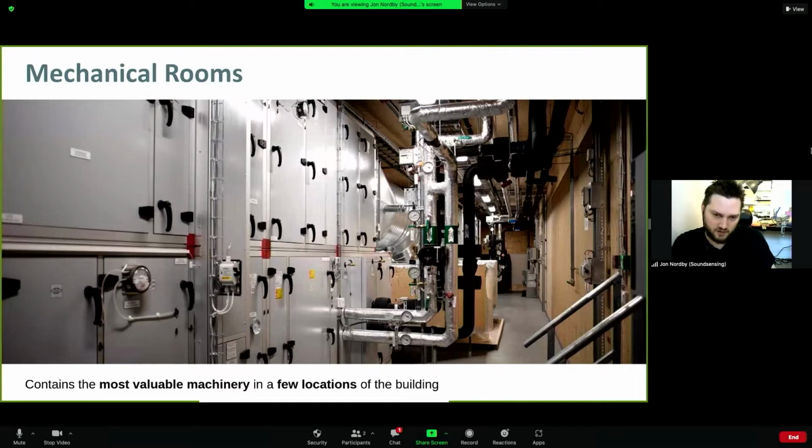And we focus on the equipment that's centered in what's called mechanical rooms. So in a modern building, a lot of the equipment that make these services work is placed in what's called a mechanical room, technical room, where you have the large parts of the ventilation system, of the pump system, cooling systems, and so on. So here in this image, we see on the left side this big box